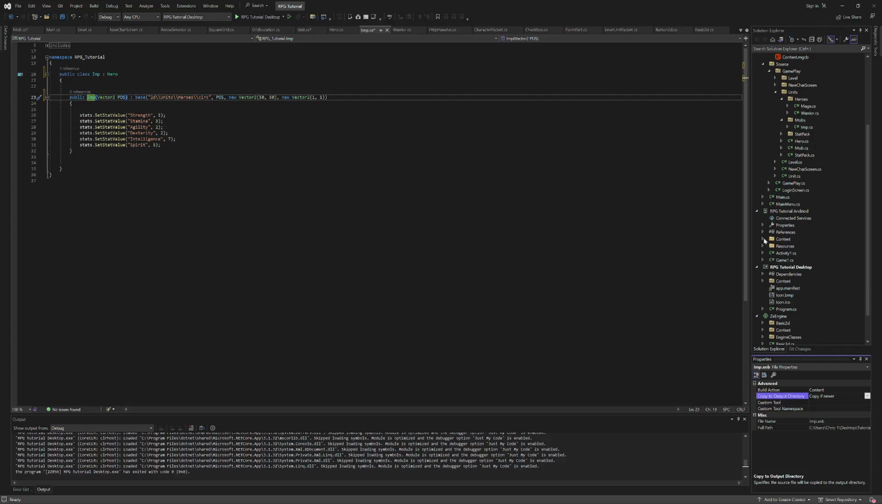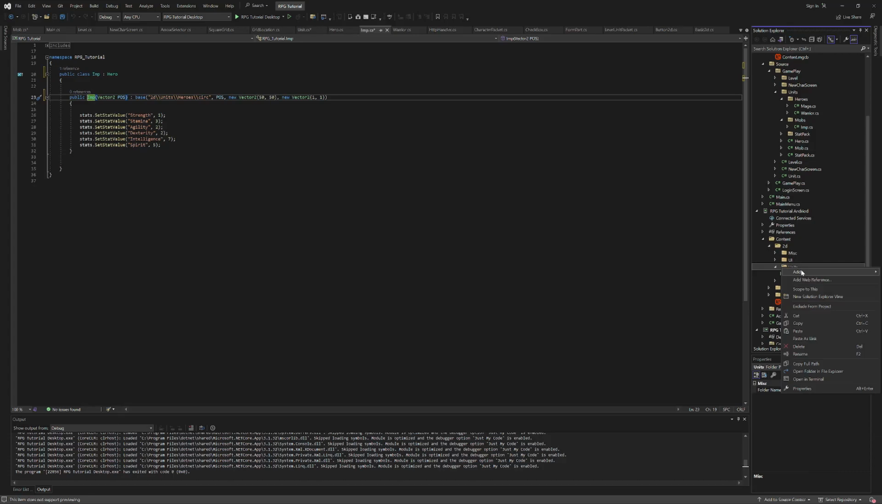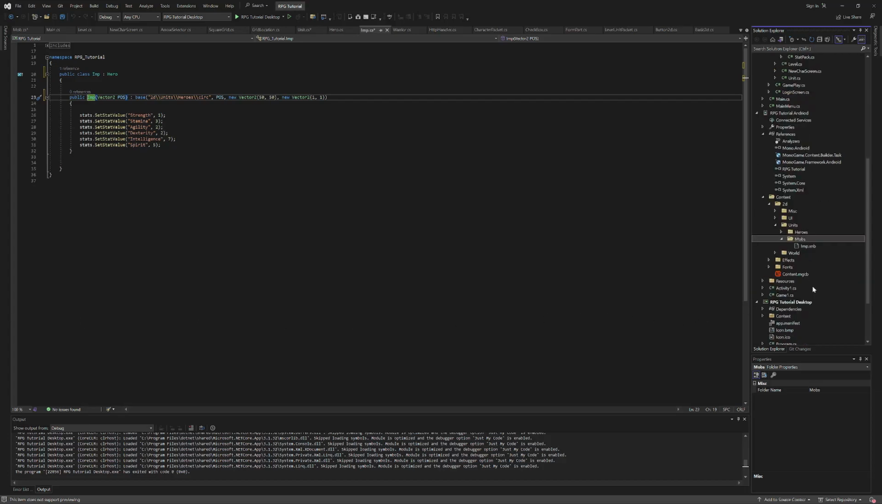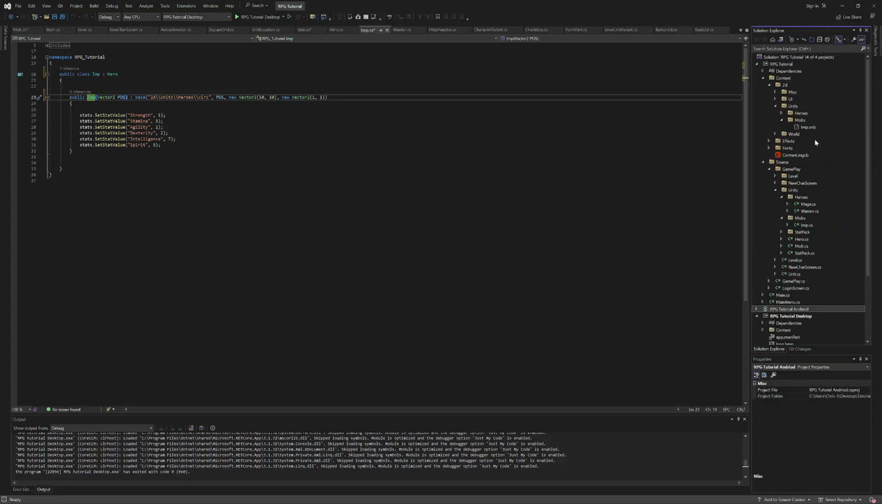Down to Android, content, 2D, units, mobs. Same thing, add imp. Instead of content, it's an Android asset, and copy if newer. All right, happy days. We have our imp. Okay,